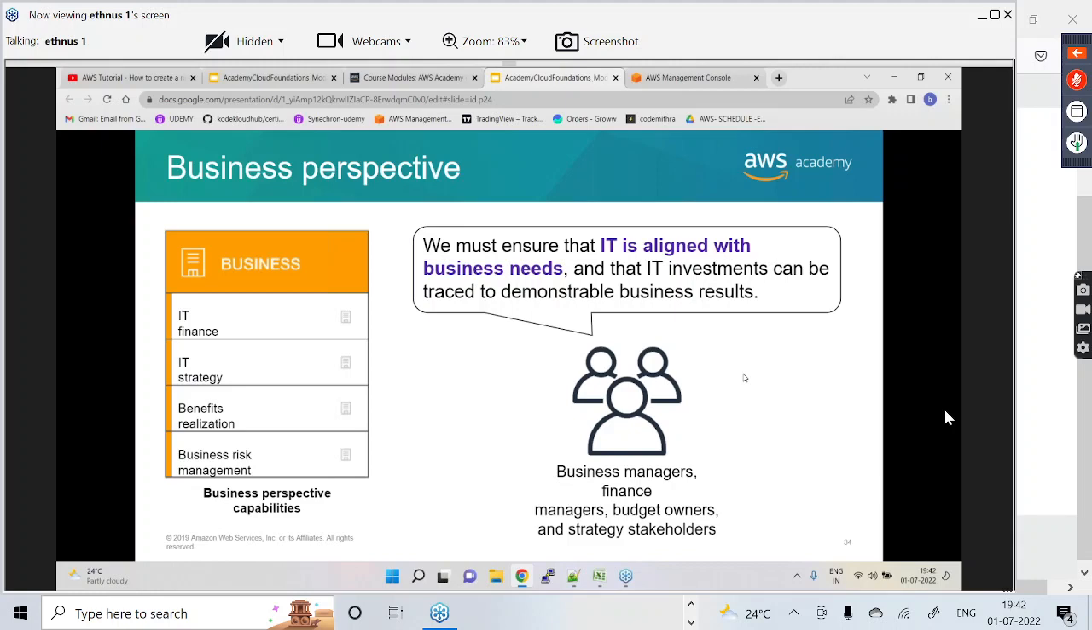Suppose they create an IT finance team. Can they use those IT strategies on AWS cloud as well? Can they do this business risk management on AWS cloud? If they find they can do all these kinds of activities which are aligned with the business need, aligned with the company's business goal, then they will take a decision and they will say yes, we can move